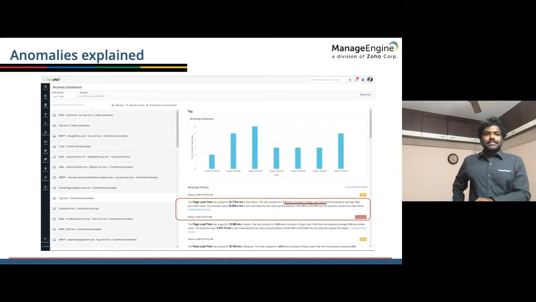But ultimately, a bad response time overall is really going to leave a bad impression, and it's going to bring you some loss in business, because today slow is the new down, right? Ultimately, I don't want to buy something on a very unreliable website or a really slow website. I can take my business elsewhere. So your quality of digital offerings has a direct correlation with your business, so you better do it right. Here is an example where you can see if a particular metric is anomalous at a given point in time, given all your past data and the patterns in it.